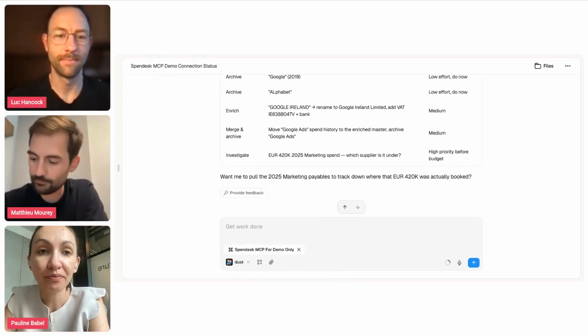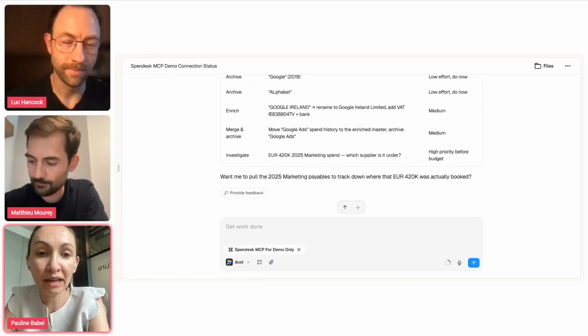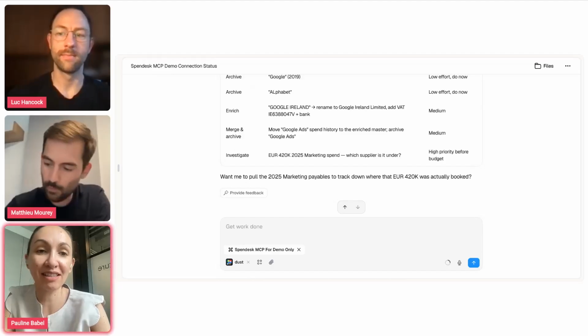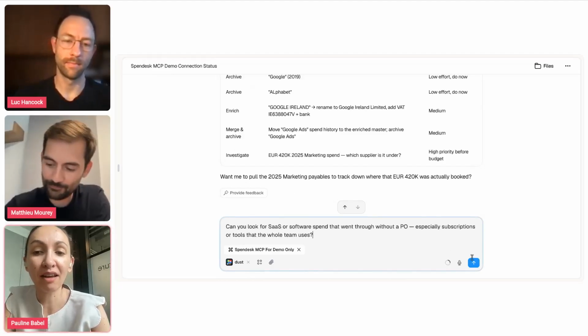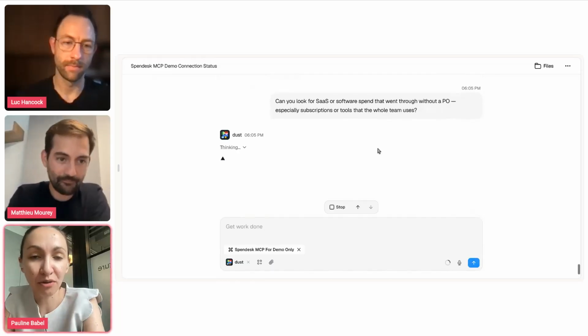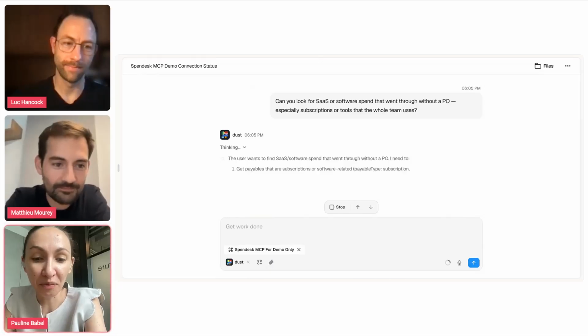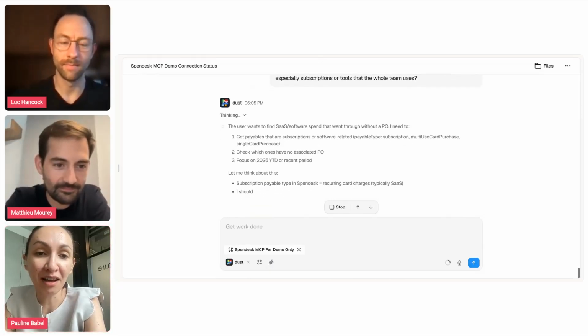So now if we want to shift a bit to something I love to check every month: are we doing some spend without purchase orders, which I think is something we've all been confronted with.